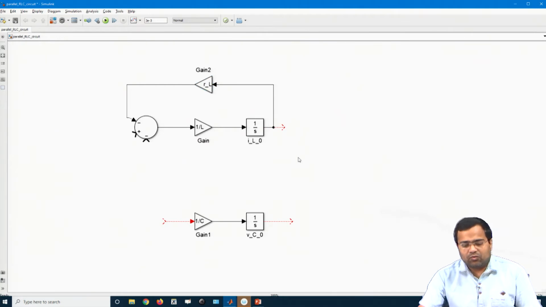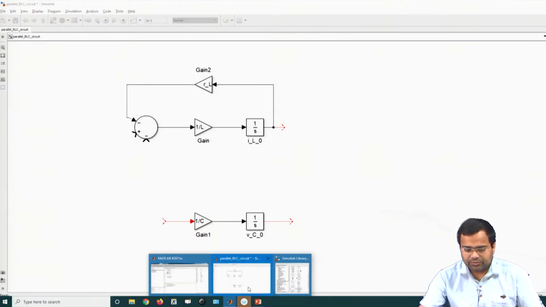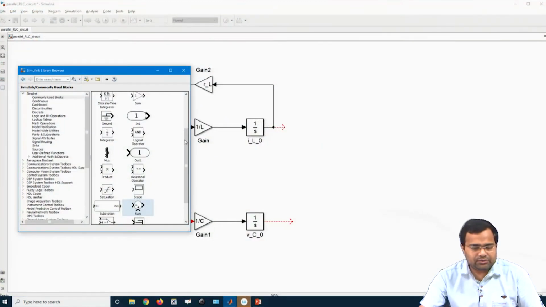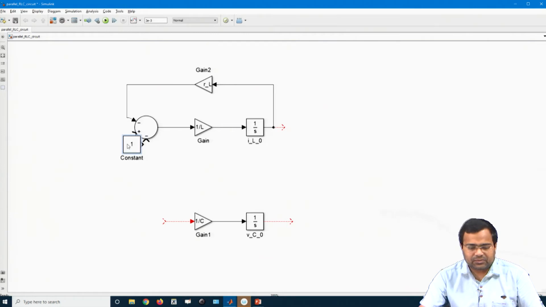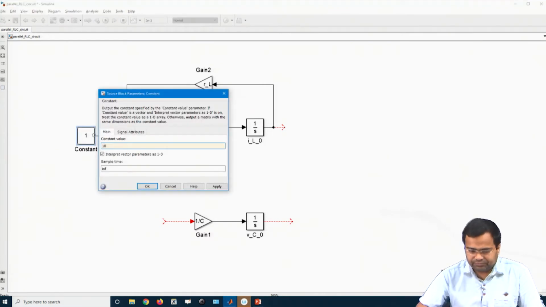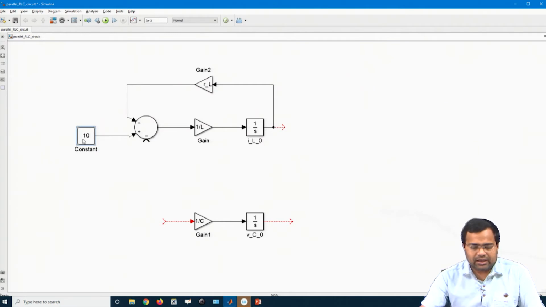Okay. What is the second term? The second term is Vin, which we will also set like another constant. We can set whatever Vin we want. So, this is our Vin. Maybe we can just give a constant value. Okay. If we want to choose a separate Vin, it is fine.